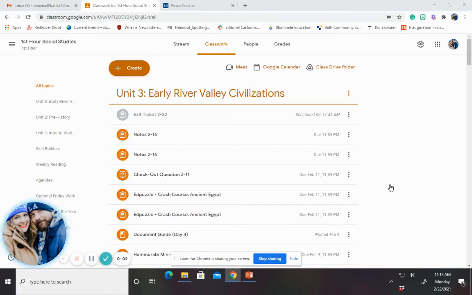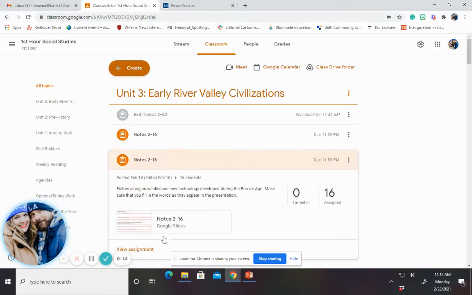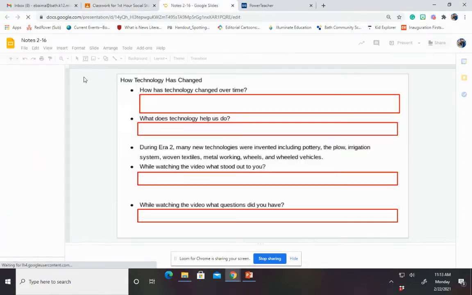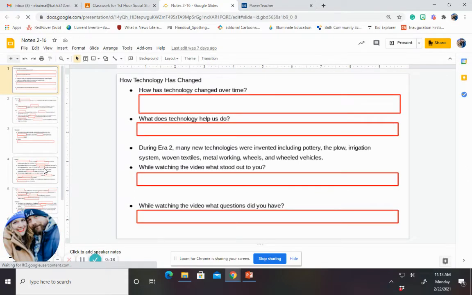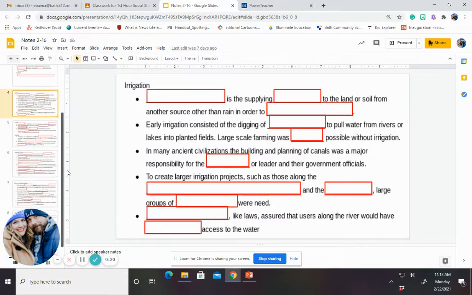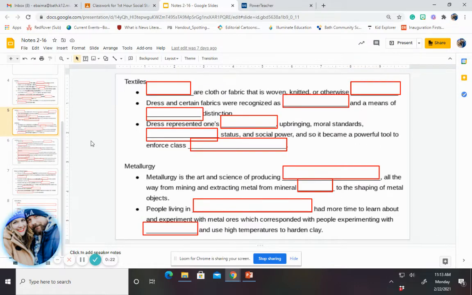So today we're going to be finishing our notes. Your notes that you'll need to access are either going to be labeled 216 or 217. On Thursday, we did slides 1 through 4, so you should have those completed through here. We'll be starting on slide 5 today, discussing textiles, another one of the technologies that came out of the Bronze